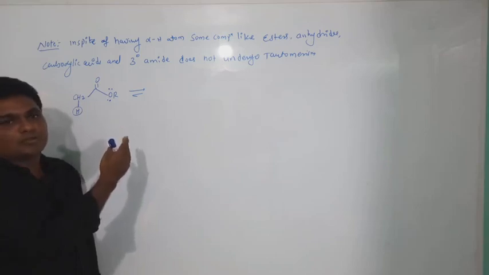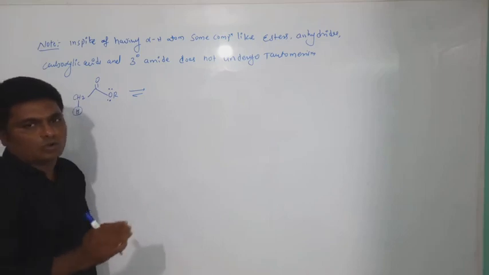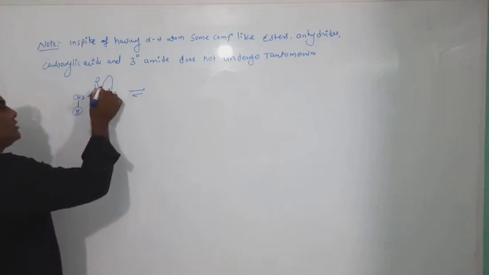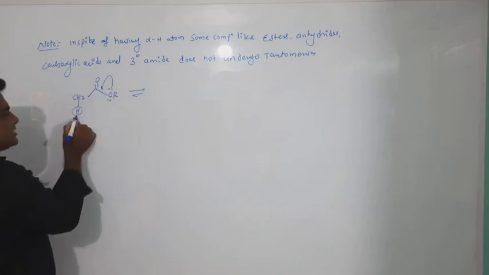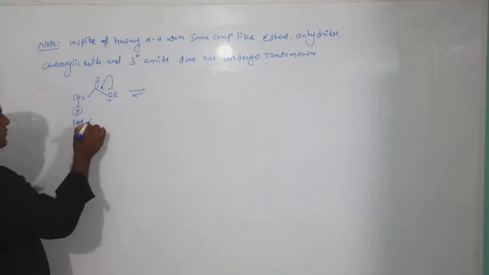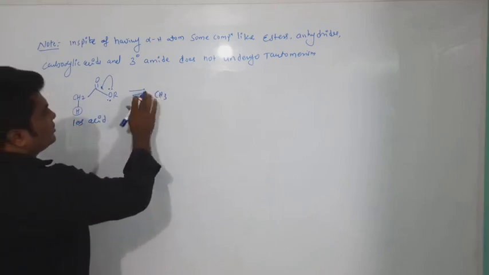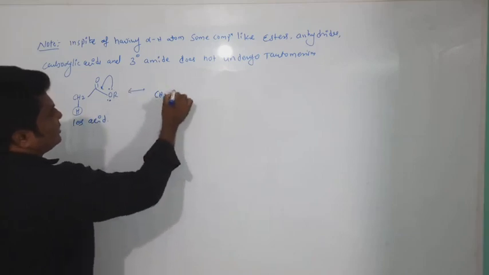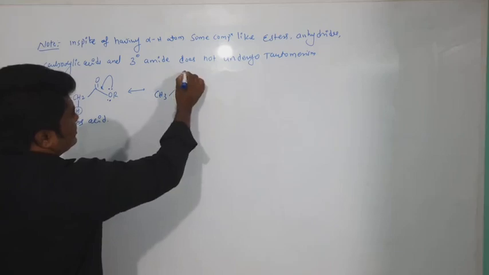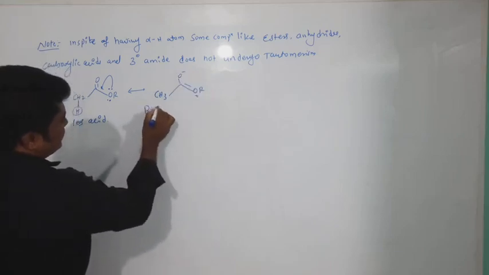Are you getting my point? So this oxygen will easily give the lone pair as compared to the sigma electron, and it undergoes resonance. Due to this resonance, its acidic strength decreases. This is less acidic. Now you are getting, see here, these are actually resonating structures, not tautomeric structures. This is the resonating structure, OR, and this is plus. RS, resonating structure.